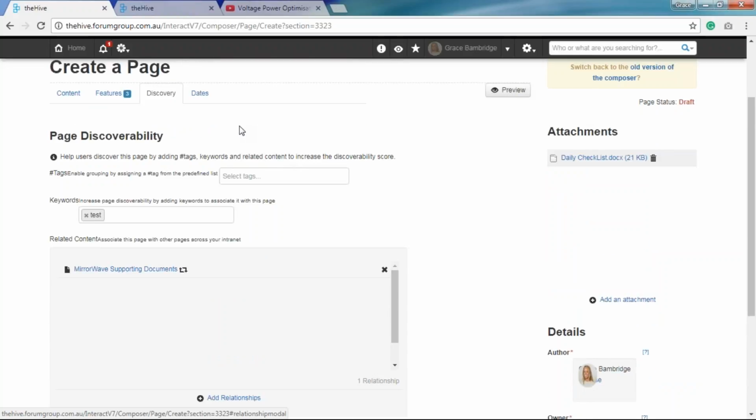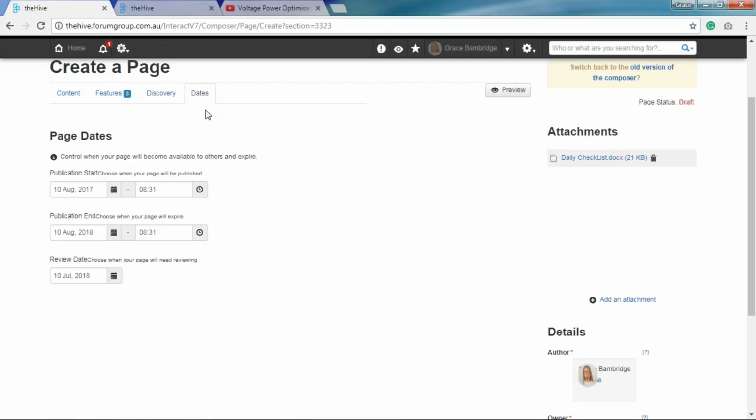All right, so that basically covers the Discovery tab. The Dates tab up here, so when we click on the Dates tab, it's basically going to state that Grace is going to be publishing it on August 10th, and that on August 10th of 2018, it's going to expire. And then on July 10th, 1 month from its expiration date, whoever the owner is, so that's Grace, would get a notification stating such and such a page is due for review. Now, Grace has, in essence, 1 month to go in and action it,